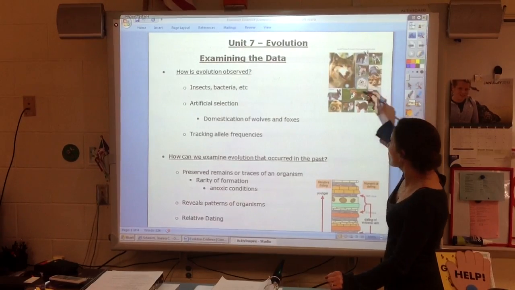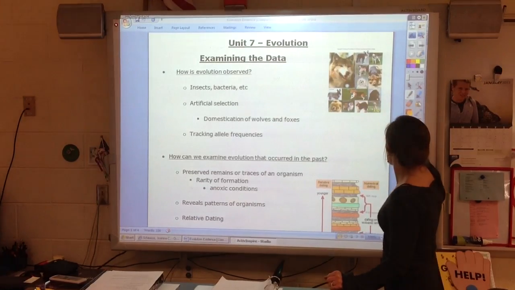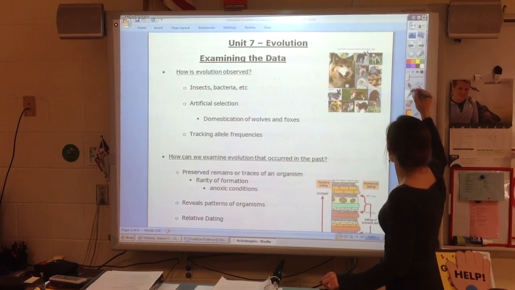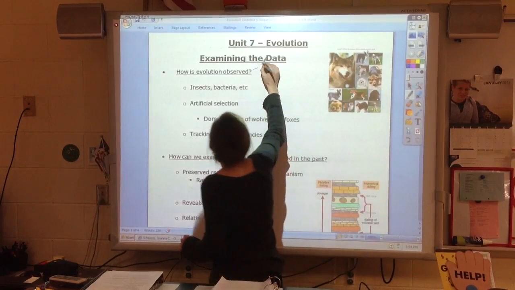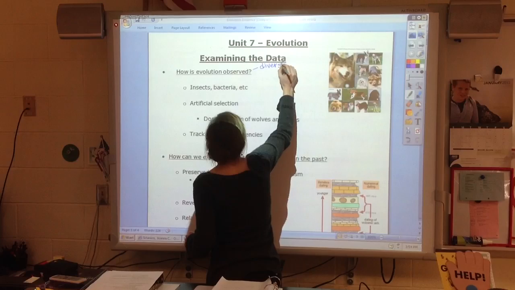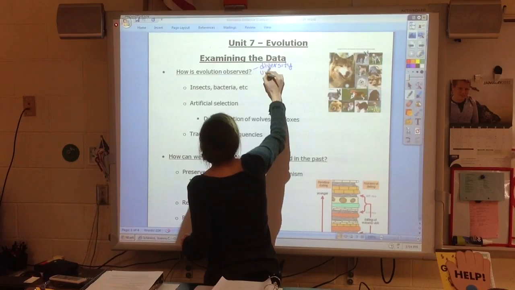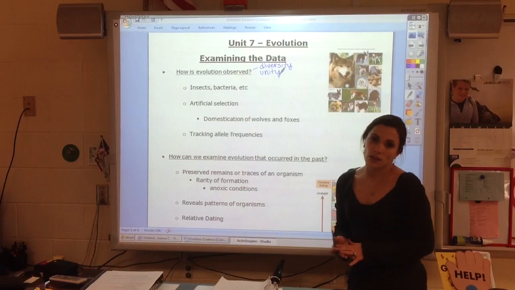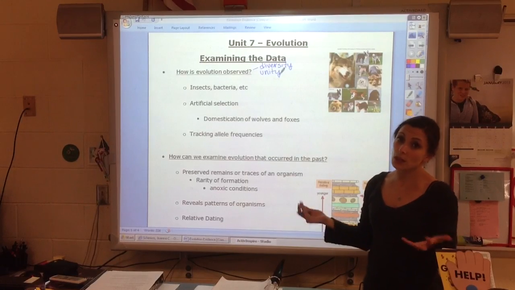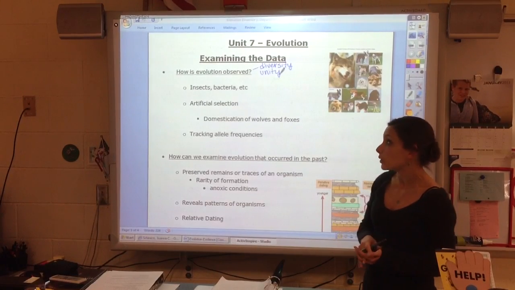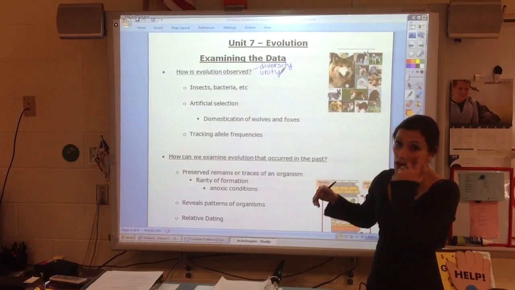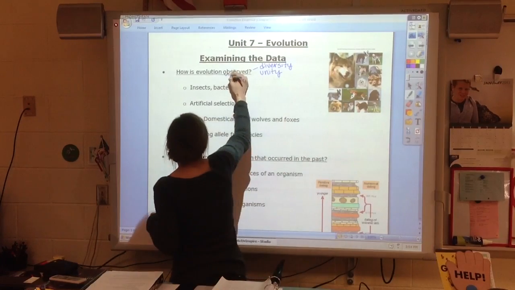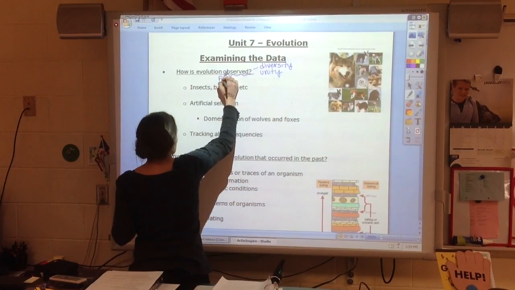And one of the things that we'll see is, for example, we will see diversity. But sometimes we'll also see unity. And so when we're looking at patterns of evolution, we want to be aware that we might see one or the other, we might actually see both. When we want to actually be able to observe it firsthand,